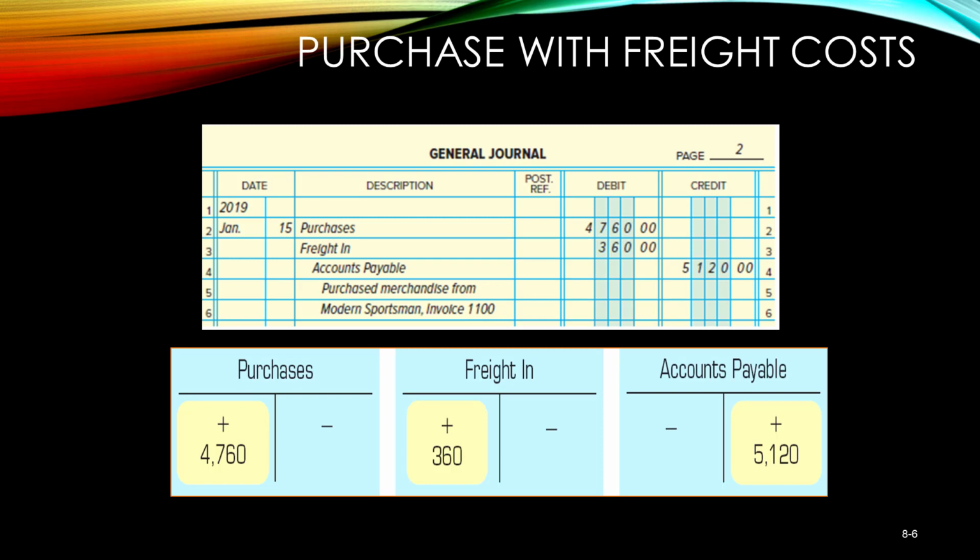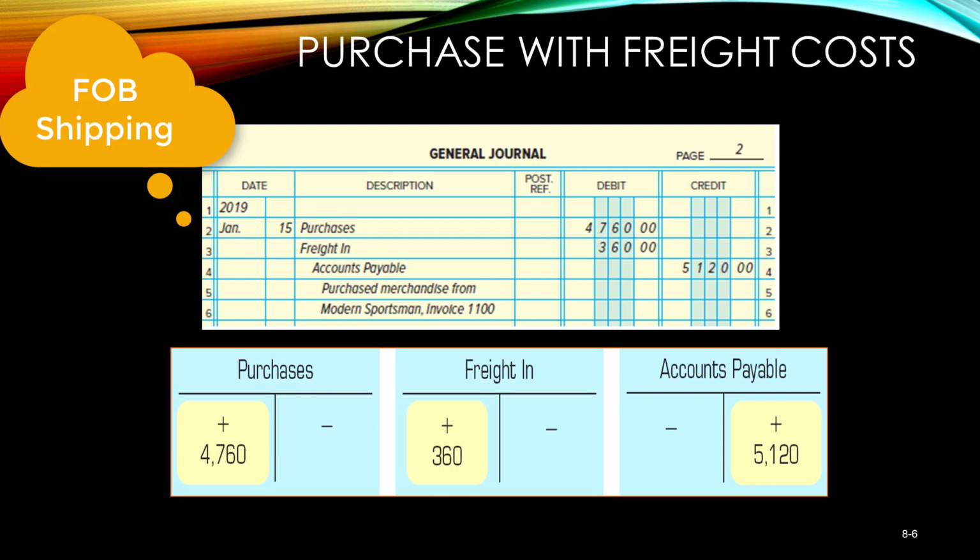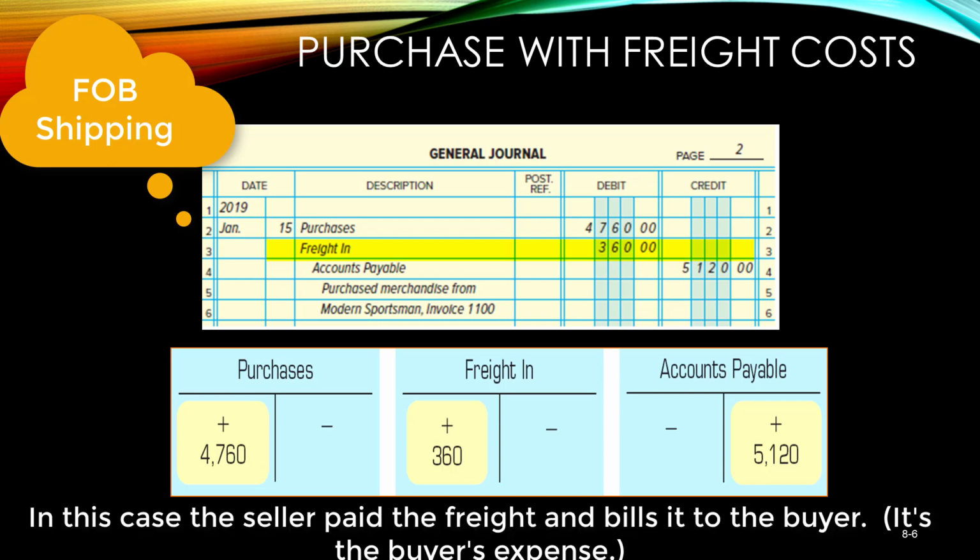While we are on the topic of freight, here's an example where the buyer pays the freight. The journal entry is to debit purchases for the amount of merchandise that was purchased for resale, in this case $4,760. In addition, there was a freight cost incurred because the terms were FOB shipping. That expense is debited to freight in with the credit to the vendor in the amount of